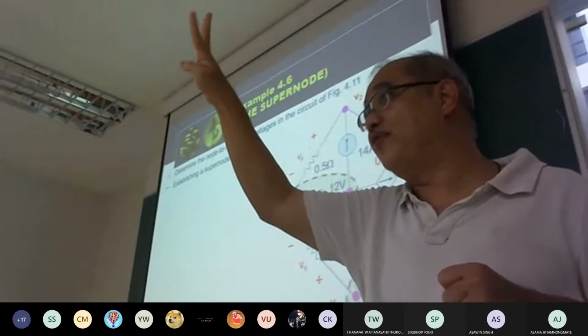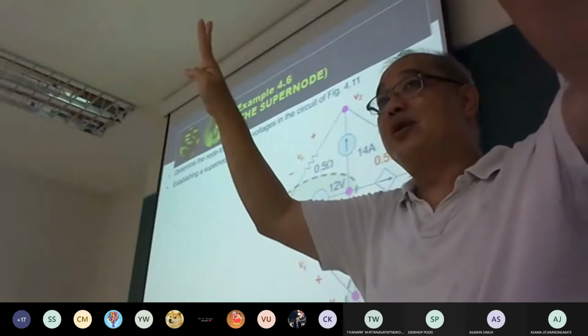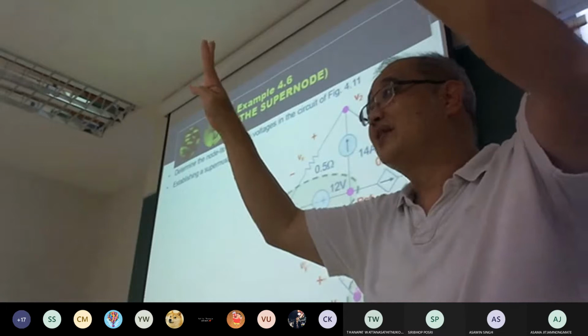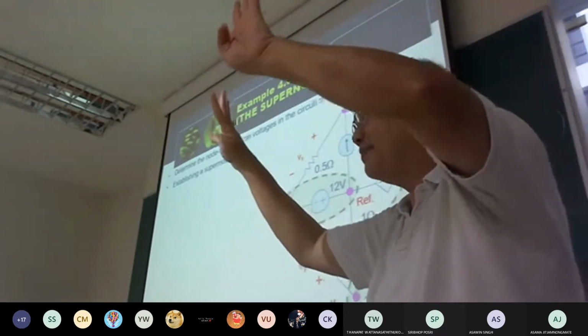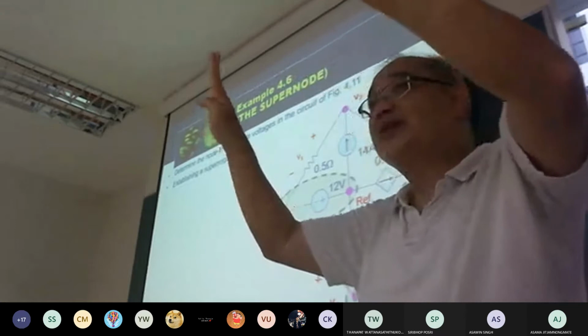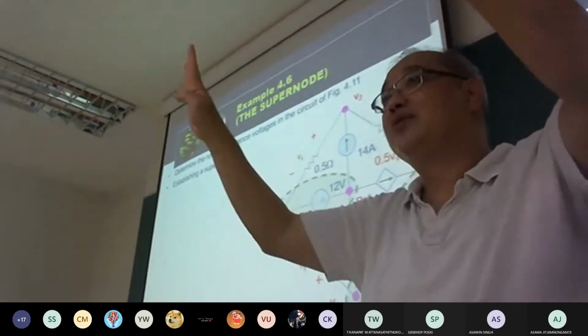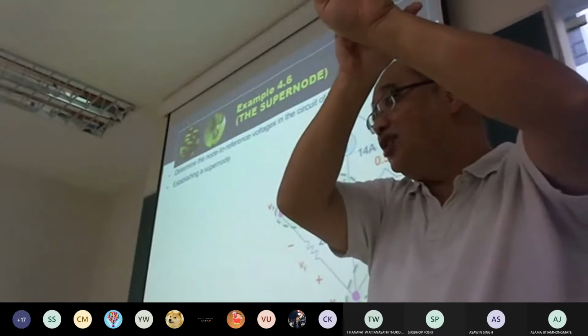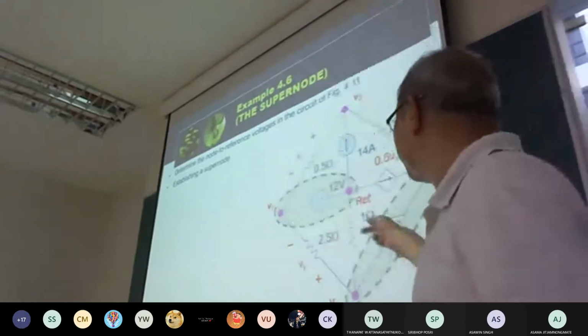V1, V2, V3, V4. In fact, you should apply KCL to all 4, but we have 2 voltage sources. How many supernodes do you have? 2. So 2 equations are gone, and we have only 2 KCL equations. The other 2 come from the voltage relationships that we extract from inside the supernode.